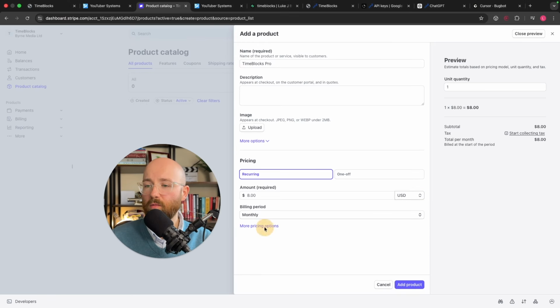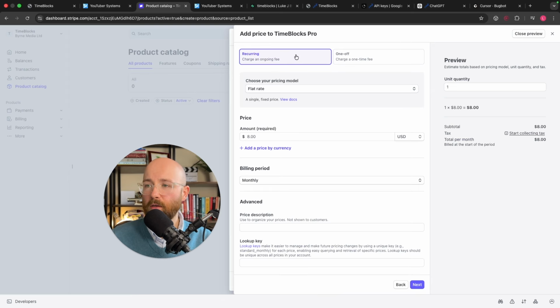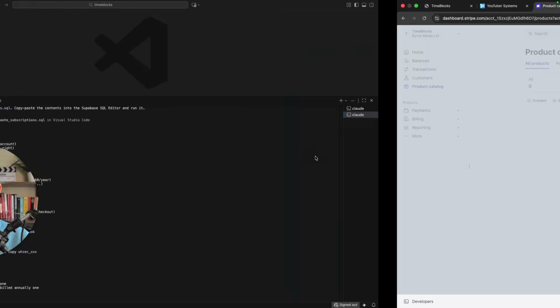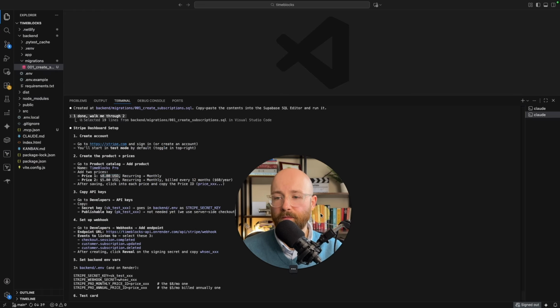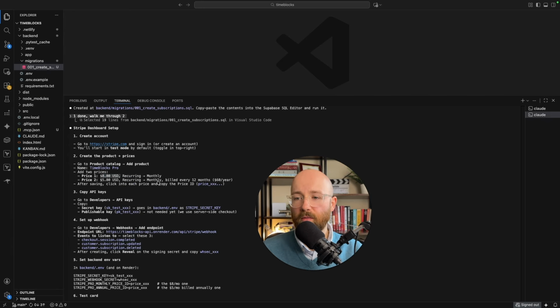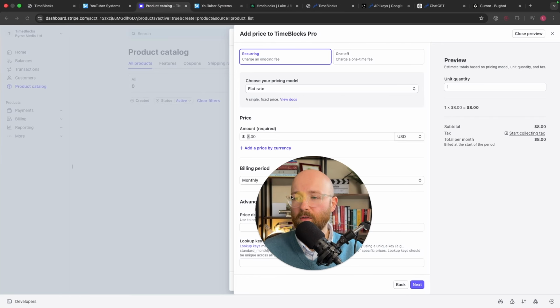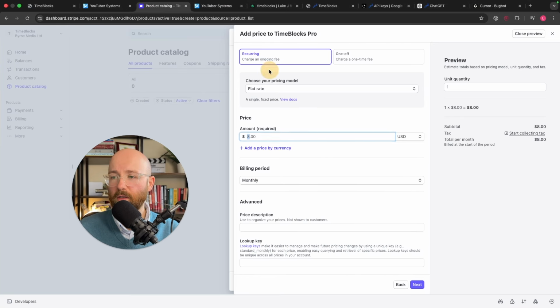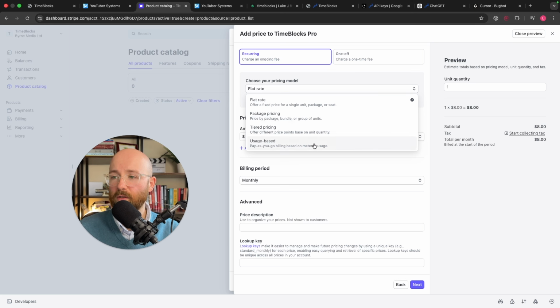Monthly. And then we can do more pricing options. And then we can go a 1 or recurring, I suppose, as well for this one. But we'll do is it annual? So recurring, monthly, billed every 12 months. So recurring here, monthly. How do we bill every 12 months? Because I've never done this one before actually. I think instead what we'll do is